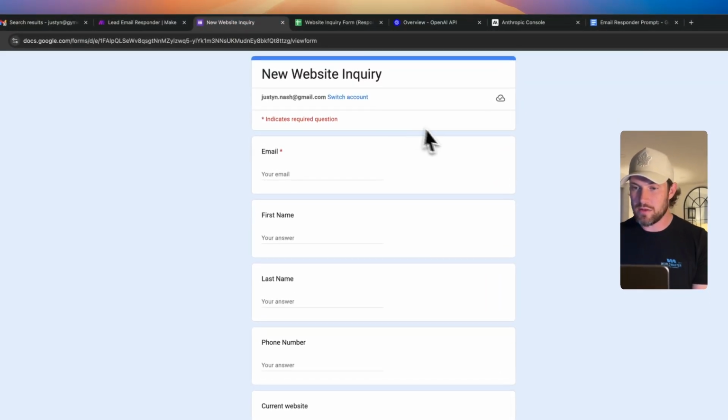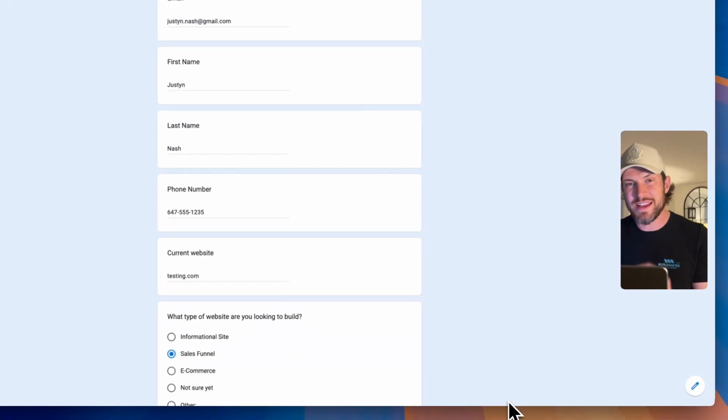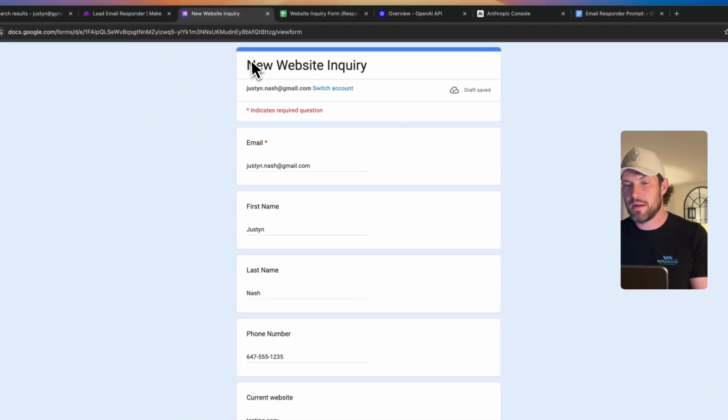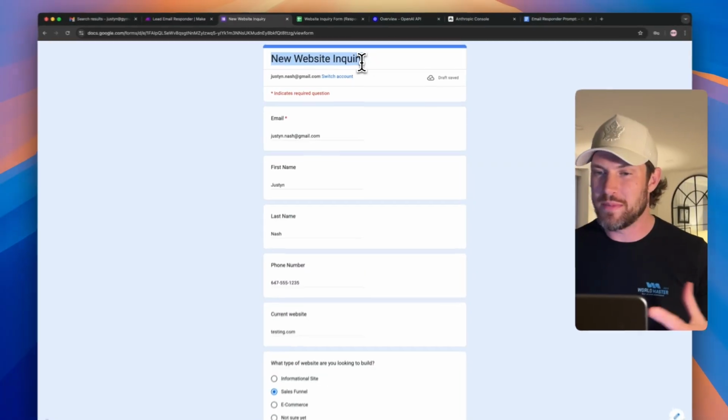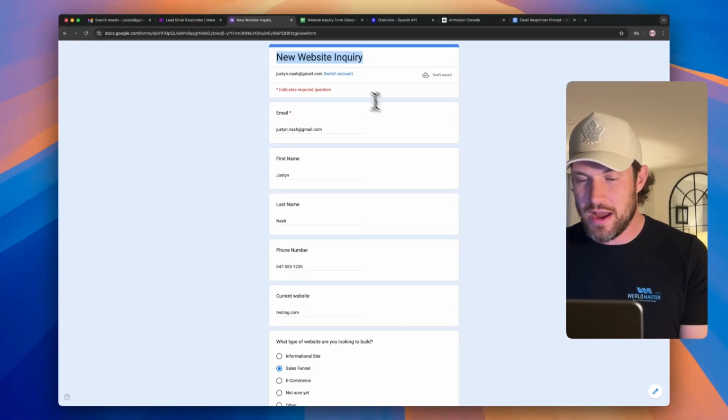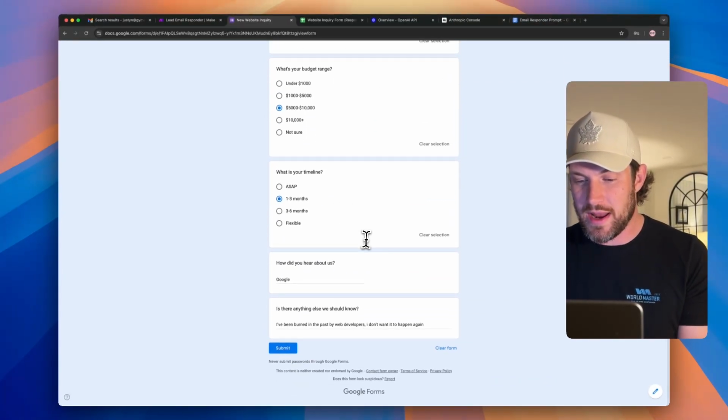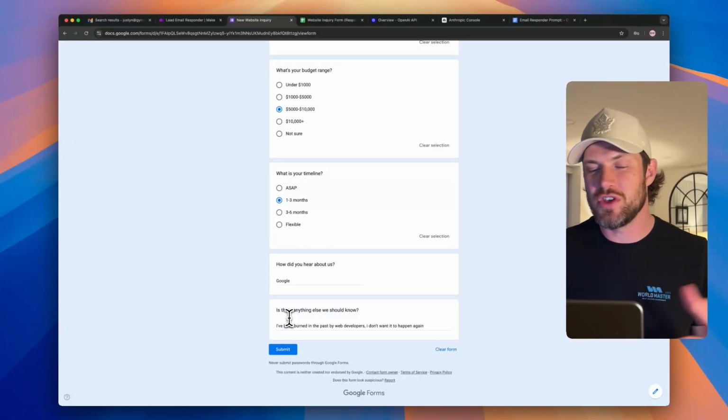So we've got a quick little Google form here, and I'm going to run you through how this is going to look. You'll notice that in this example, I've created a new website inquiry form. Basically, I'm playing the role of a website designer for this example. So I've now filled out this form, and when I click submit, again, we're pretending I'm the user here,